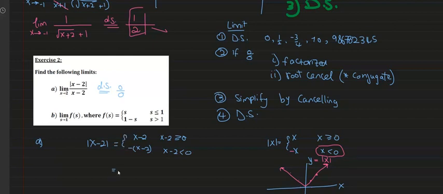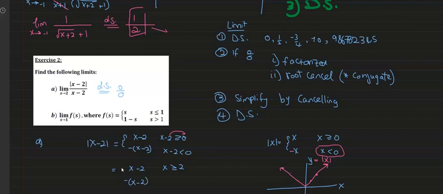Let's simplify this. If x minus 2 is bigger than or equal to 0, then x is what? Yes, we knew from worksheet 1 that we can solve such an inequality by adding 2 to both sides to get rid of it. So this will happen if x is bigger than or equal to